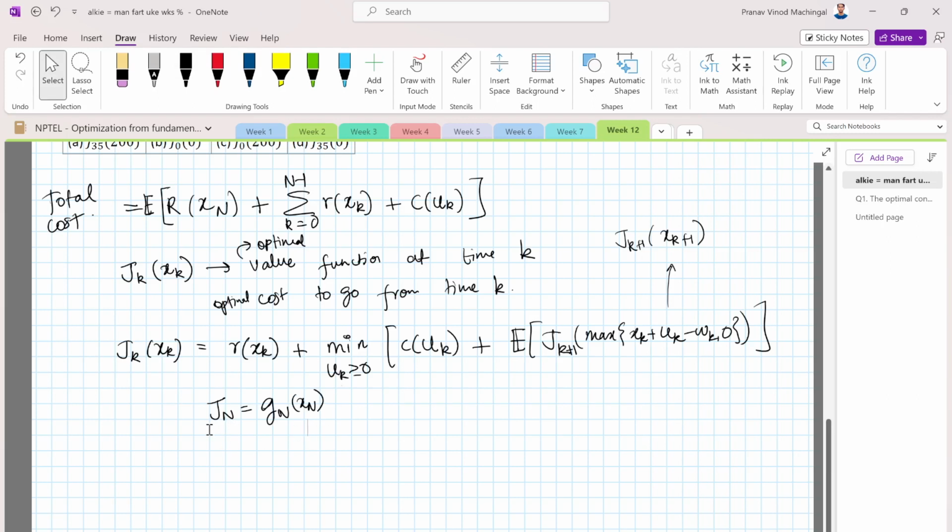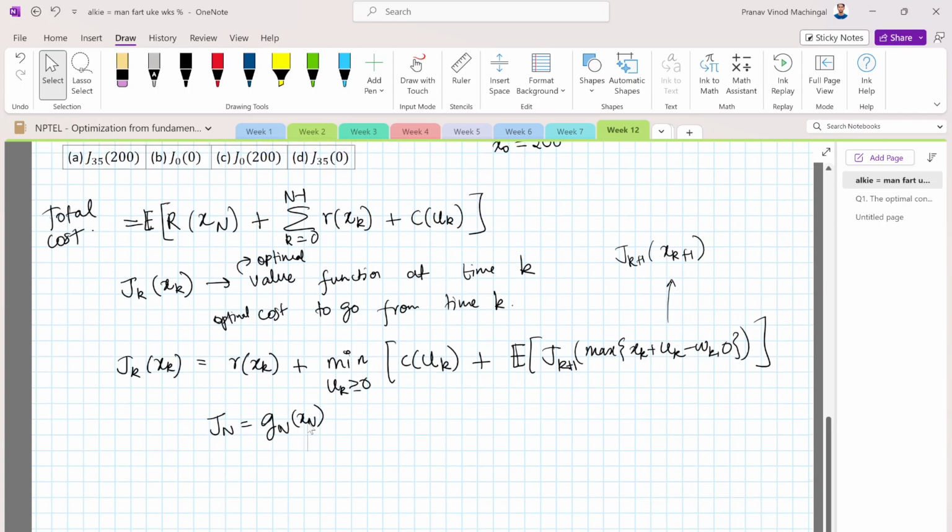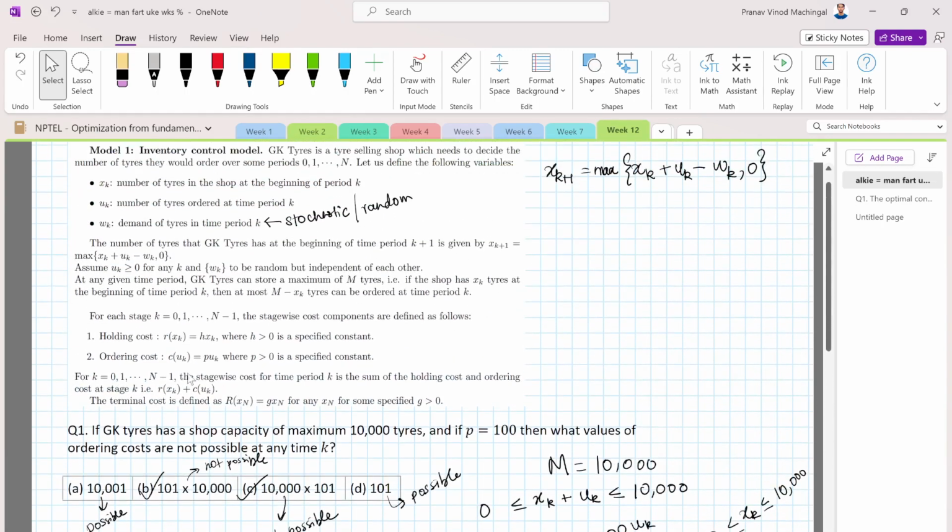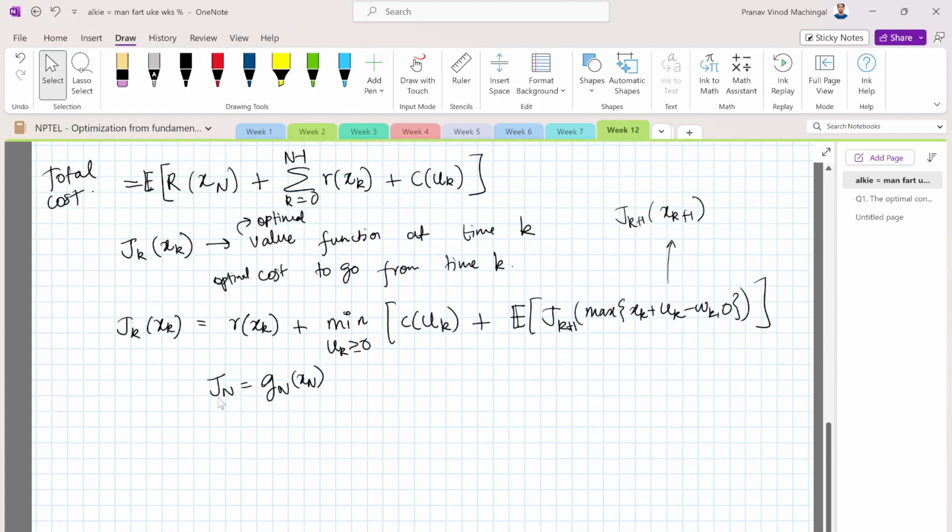So using this boundary condition, for different xN values you can get what JN is. Here it is capital RN, actually, capital RN of xN, which is g of xN. So you can get JN of xN for different xN values,